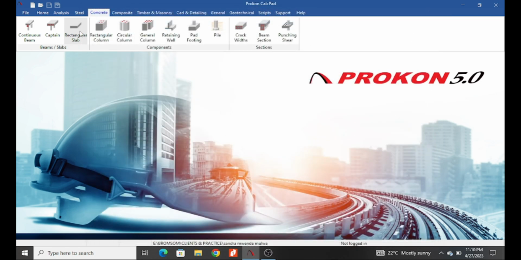Yes, and then you can do rectangular slabs, rectangular columns, circular columns, general columns. By general columns, we mean columns of shapes which cannot be defined as either rectangular or circular. Like you could be having an L-shaped column or a T-shaped column, or an H concrete column section, you could use this to model it and design it appropriately.